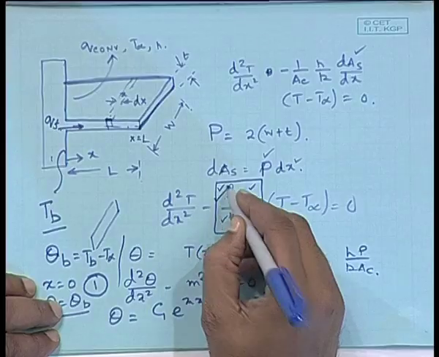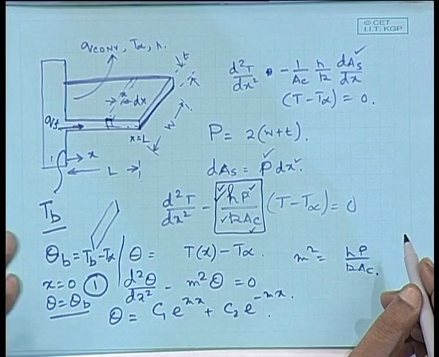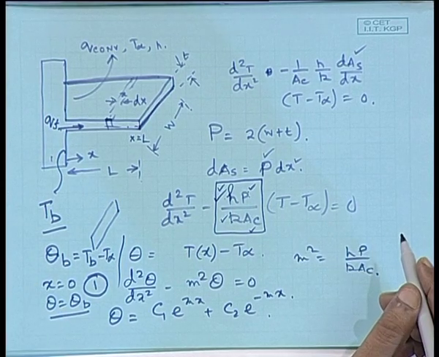And when are you going to use fins? Fins are only used when you have low values of h. So, you would mostly see fins when the ambient is air, when it is exposed to an air environment, not to a liquid with high thermal conductivity. So, fins are specifically used for cases where you have an air convection environment mostly. Thin fins are preferred, and fin material should be of high thermal conductivity.